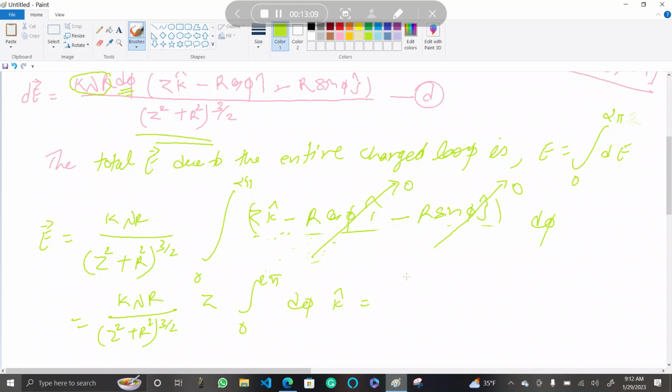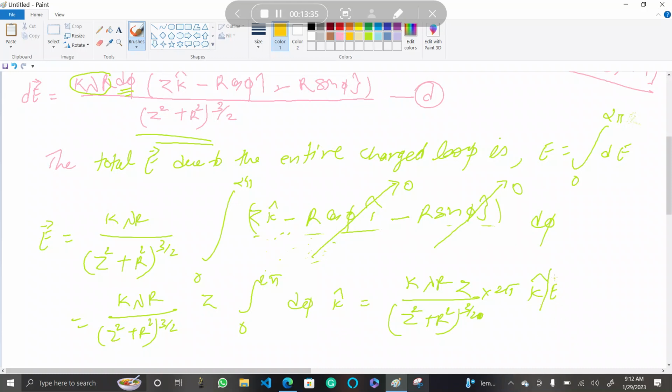It gives me k lambda r by (g square plus r square) to the power 3 by 2 into 2 pi g, along the k direction, right? So the answer becomes